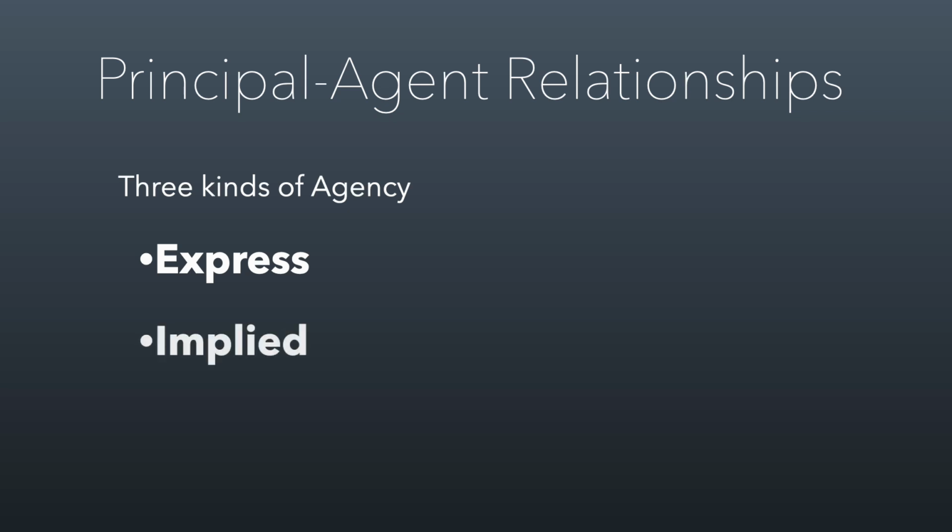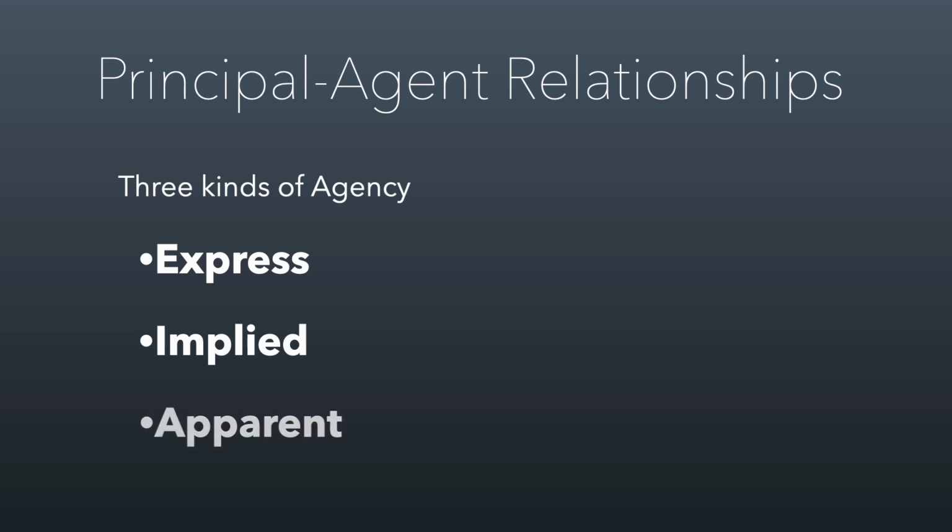The second is implied agency, which is where you didn't tell them how to do it. You didn't tell them a specific detail of what you're asking them to do, but it's an implied part of their agency that they're allowed to do that. So you didn't tell Stanley, for example, to drive his car to get the pizza, but it's implied that he would drive his car. That's an example of implied agency that is still binding on the principal, because it's implied that he could use reasonable means to do it, like driving to the restaurant.